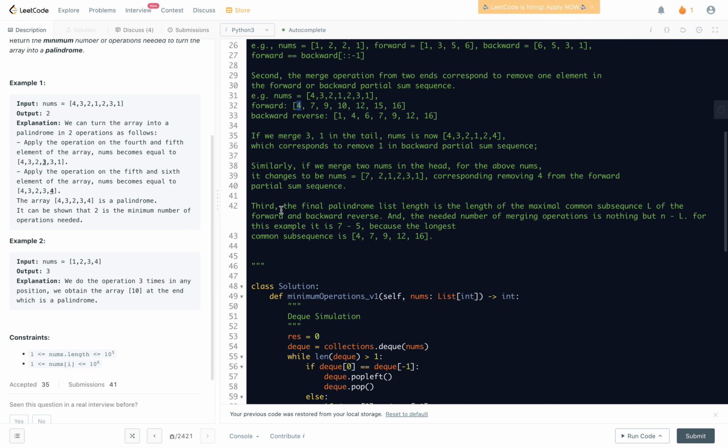It connects this problem with other Leetcode problems. Third one is the final palindromic length is the length of the maximal common subsequence of the forward and the backward reverse, right? So this actually connects this problem with the longest common subsequence of two nums arrays. And the needed number of merging operations is nothing but n minus l. So n is the total length of the original nums array, and l is the final length of the palindromic